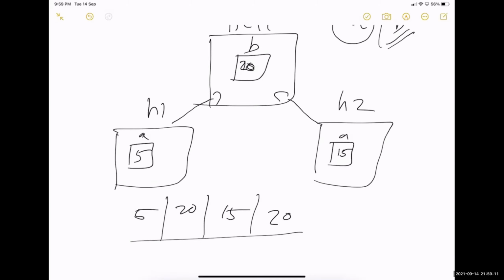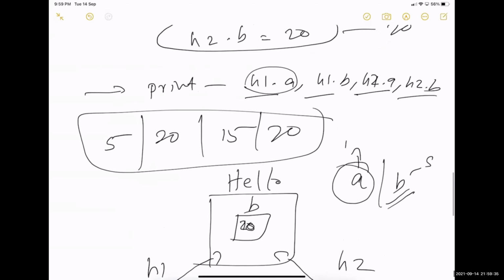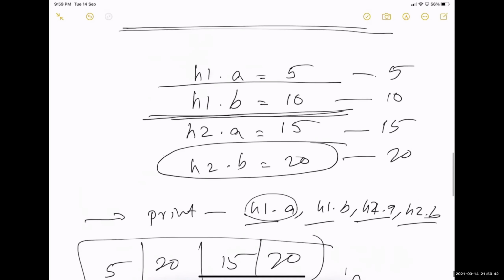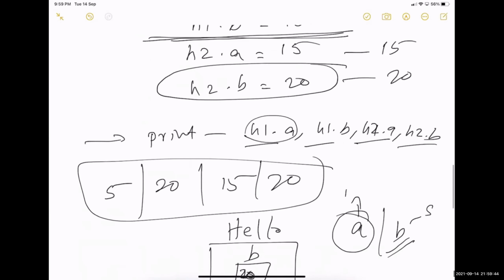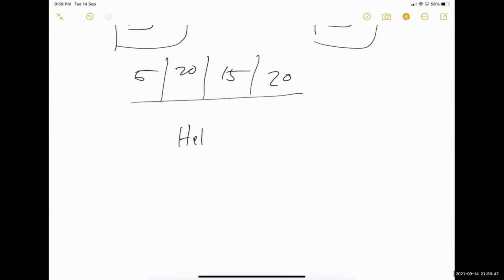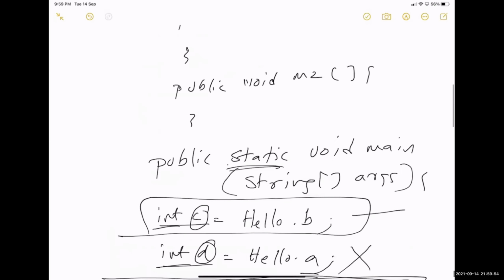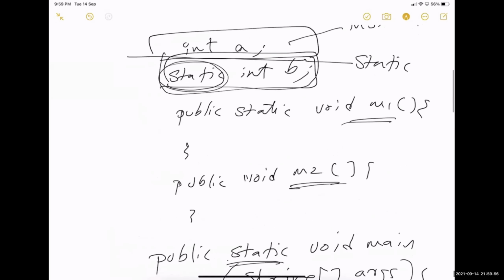For all of you, I'll try my best to make sure all the core concepts are very much clear. The idea of static and instance variables are clear, right? In the same way, you can call methods also. In our case, M1 is static and M2 is instance.